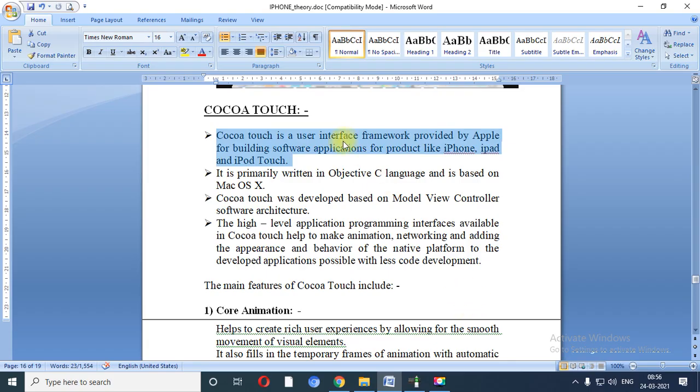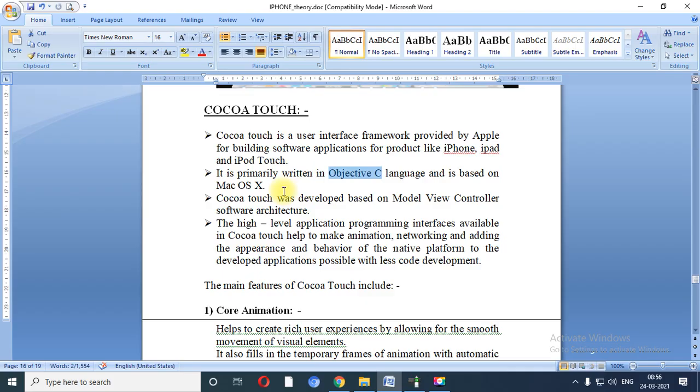Cocoa Touch is a user interface framework provided by Apple for building software applications for products like iPhone, iPad and iPod Touch. It is primarily written in Objective-C, which is the other language which we have discussed in the previous session.